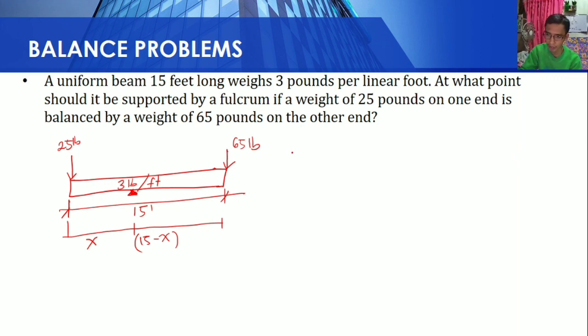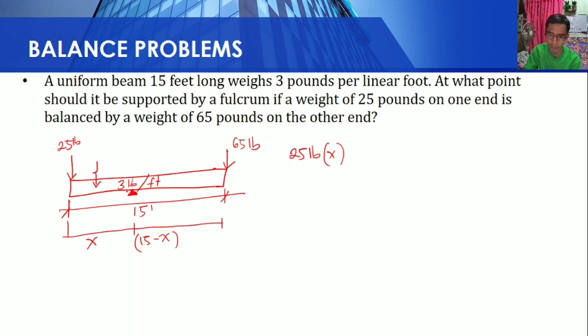So, that will be 25 pounds times x, plus, meron tayong 3 pound per feet dito. Naka feet siya, pound per feet siya. So, kailangan natin i-convert into concentrated load. Like ito, 25 pounds, nag-act dito sa dulo. Kailangan i-convert din natin siya sa concentrated. So, magkakaroon na yan ng concentrated na nag-act dito sa gitna. Para makuha natin to, ita-times natin yung 3 pound per feet times yung distance nito from dun sa fulcrum